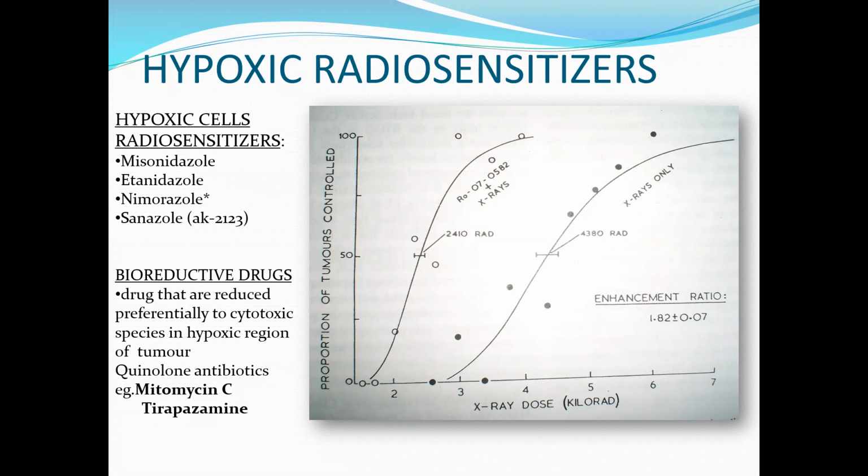See, if a tumor is 10 centimeters today, big size, when we give radiation, all the sensitive cells are gone. The radioresistant cells receive oxygen because now the blood flow is the same. So on the next day, they are receiving oxygen.